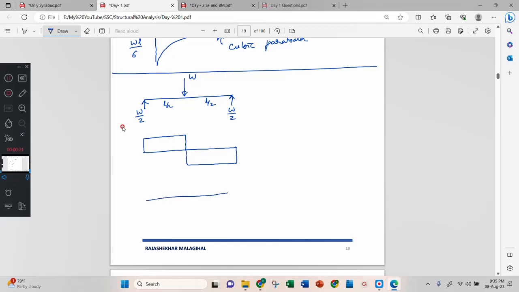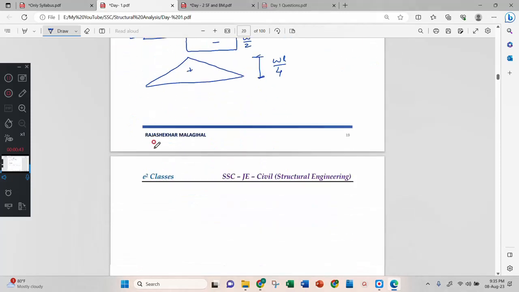Then bending moment diagram is, this is your bending moment diagram. Shear force diagram and support reaction both are same. W by 2, W by 2, negative, positive, positive. Then this height is WL by 4. Okay, learn these things by heart. Next,